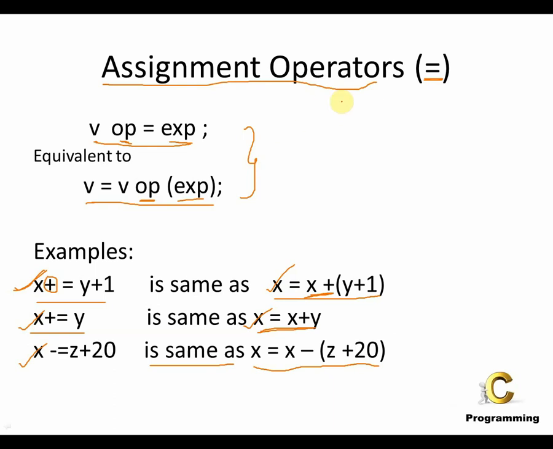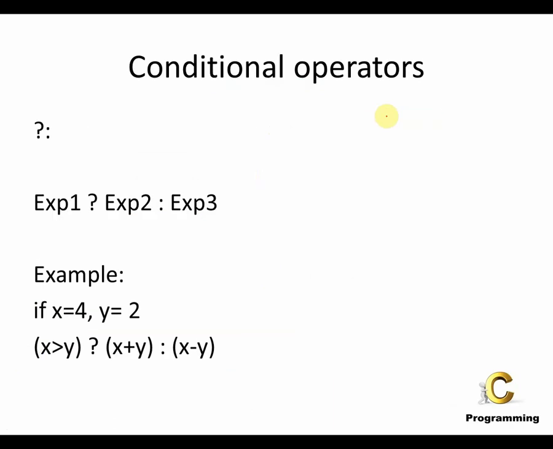Okay, let's move on to the next class of operators, which is called the conditional operators. Now the conditional operator is a ternary operator pair. The reason it is a ternary operator pair is that it is represented in this form over here. It is nothing but a pair of operators. What is this conditional operator? It is a question mark followed by a colon sign.